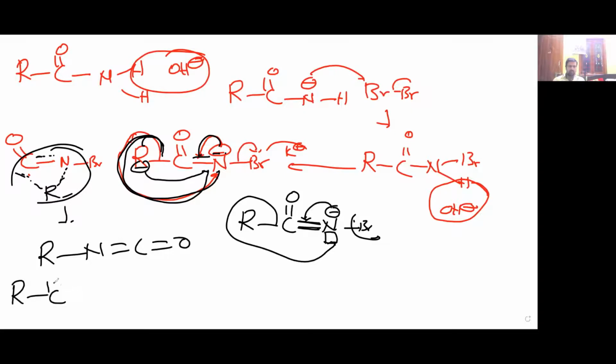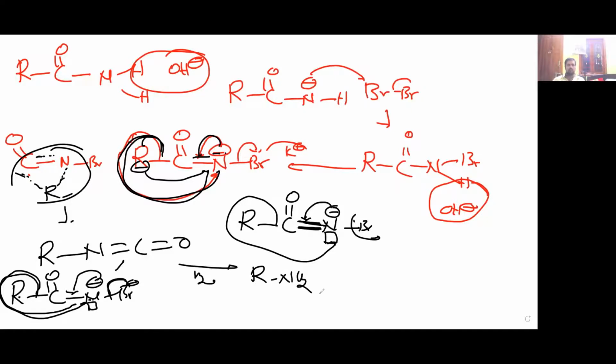So once again, R minus Br. This is the bond shifted. Bond is migrating like this. R is connected to nitrogen. Br minus is leaving. Whenever this is connecting like this, an empty box is coming because Br minus is leaving. It is nitrene. Finally, alkyl isocyanate. On hydrolysis, you are going to get primary amine. This is the Hofmann bromamide reaction.